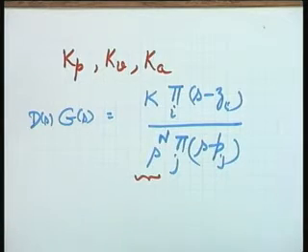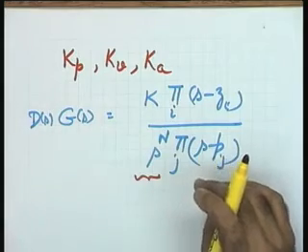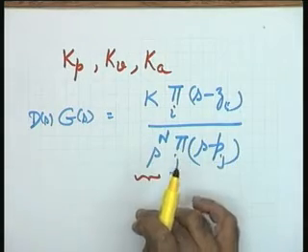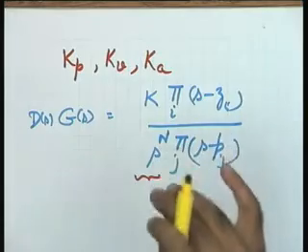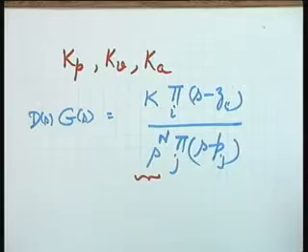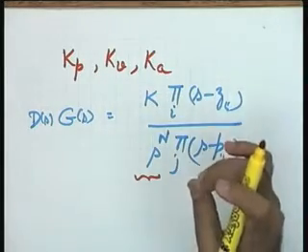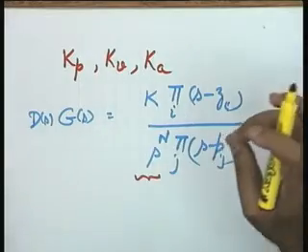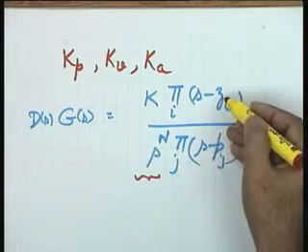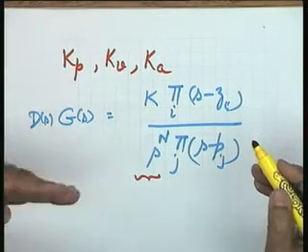Anyone who answers this question, can n be negative? Yes, it can be, there is no problem, but I have not taken the zeros on this specifically because that does not disturb me. This, as you will see, has a specific role to play. That is why I am taking the poles at s equal to 0 with n greater than 0. He is very right, n can be negative, but I want to focus attention on the poles on the s plane. The negative n will mean that there is a zero on the origin of the s plane. In that particular case I am capturing it by one of the zi equal to 0, because it is not disturbing my analysis.